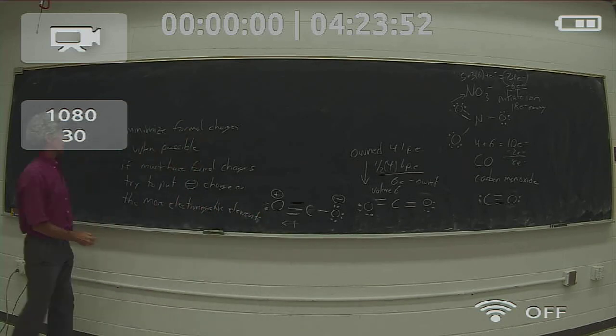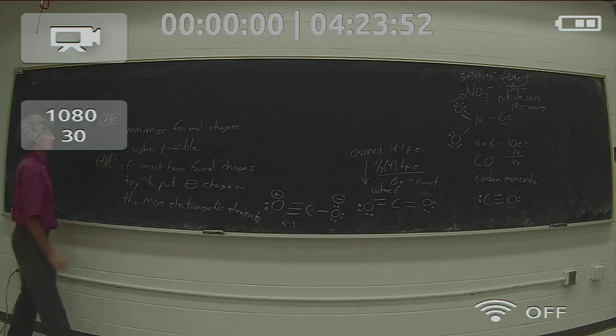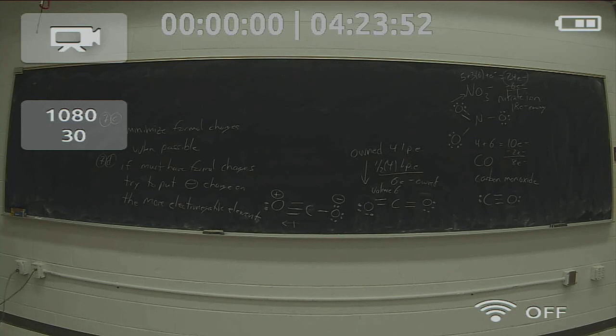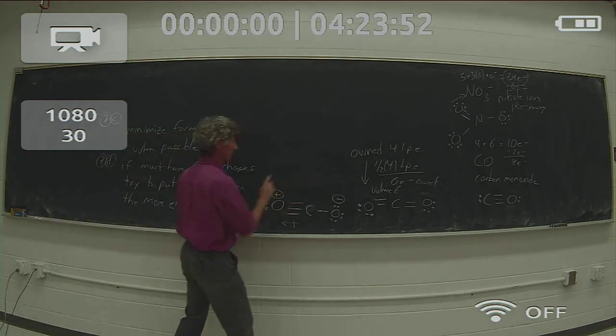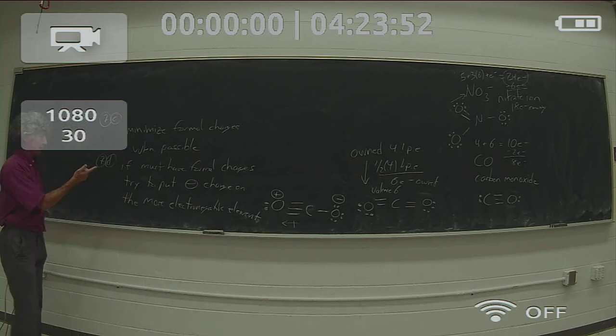Those are kind of corollaries that you can think of as 7C and 7D. Right? Once we've assigned the formal charge, and we're deciding between two possible structures, we want to look to minimize the formal charge, which is what we're doing here. That molecule is better because there's no formal charge. And if we have a choice, we want